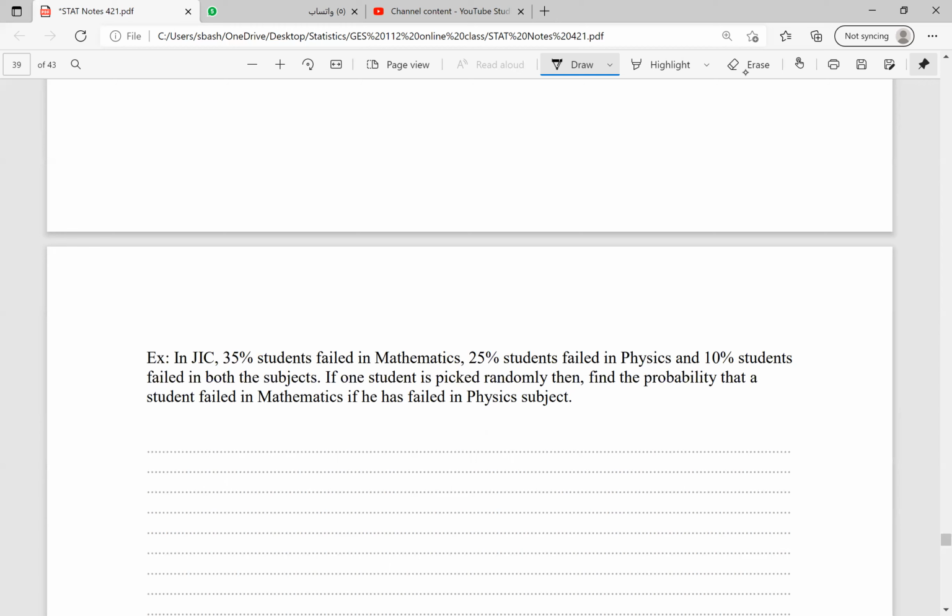If one student is picked randomly, then find the probability that a student failed in mathematics if he has failed in physics subject. So you can see from this question, the first event is